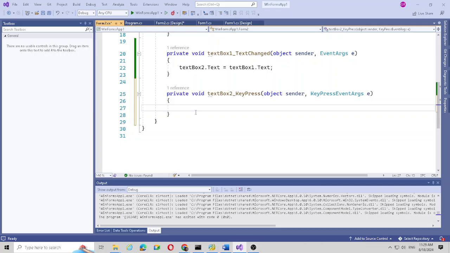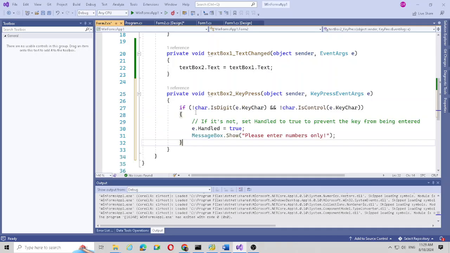I can use this set of code, using the key character sent in this event. We are checking with a built-in function called isDigit, and this is the AND operator. So we combine it with whether it is a control character, right? So if it's not true,